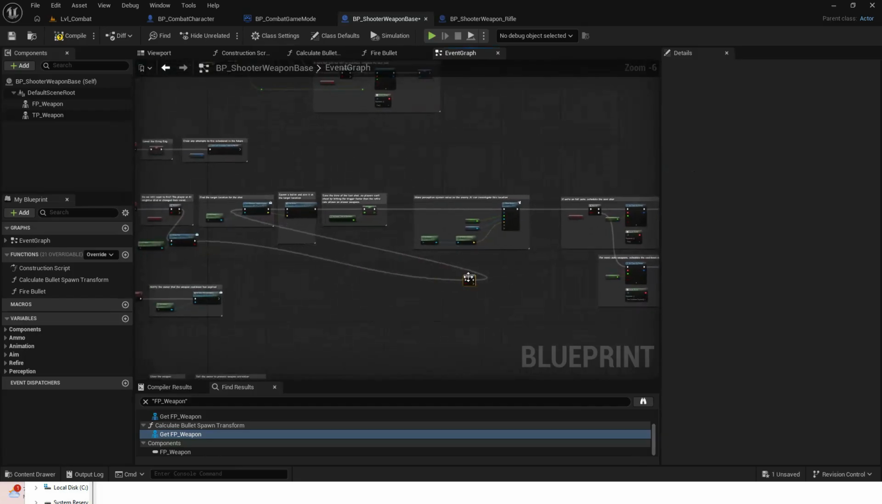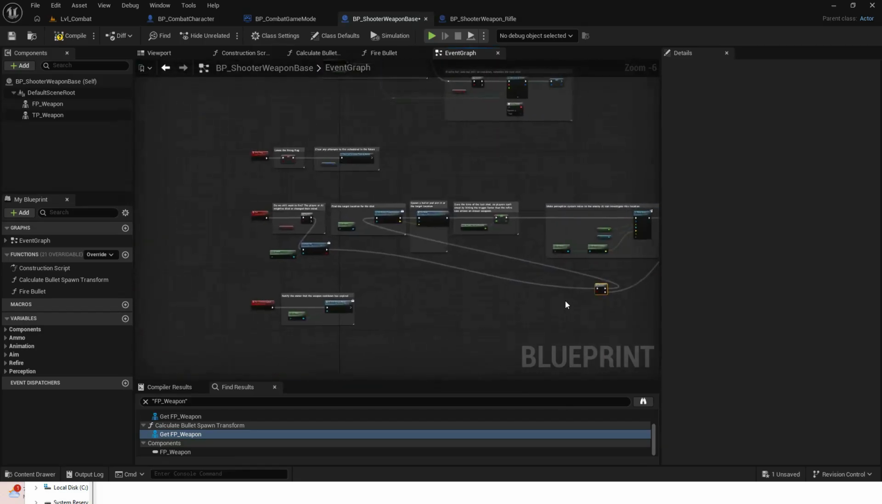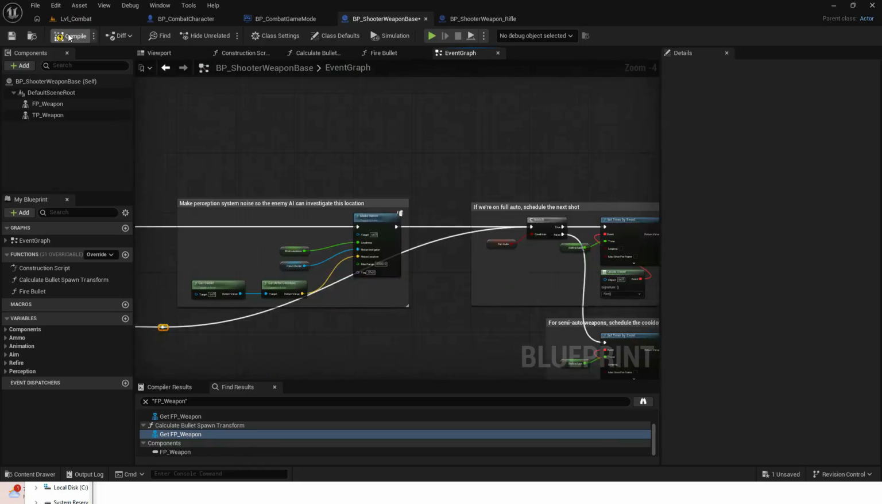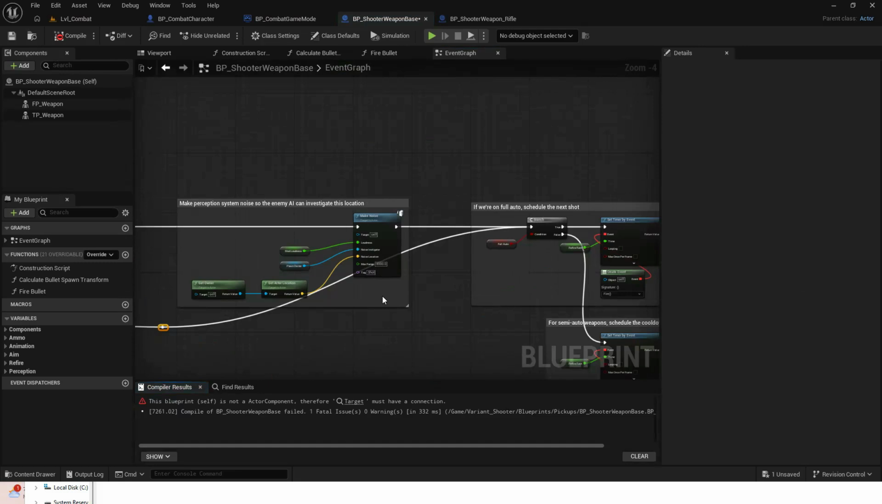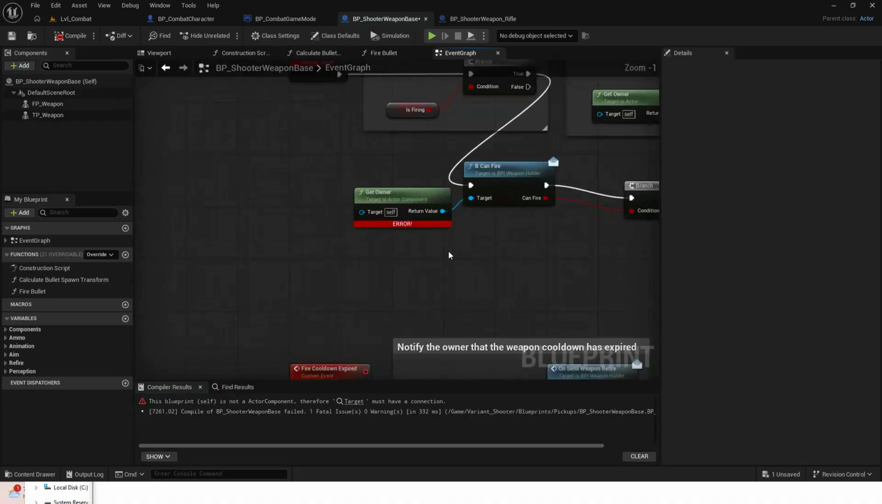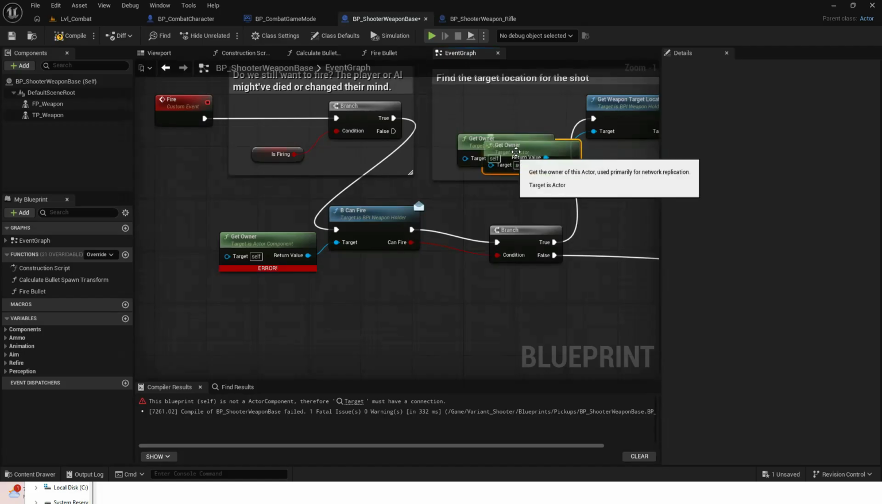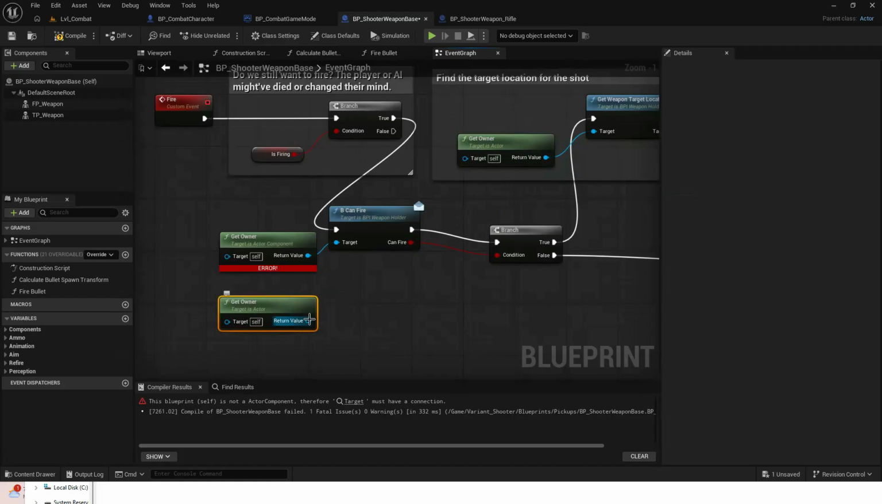Because this is kind of difficult to see, I'll connect the false to here. And then I'll send this back. And then I'll just make some reroute nodes to rearrange this. So where is the problem? Get Pawn Owner. What I'll do is duplicate this node. So press Control D, Get Owner, and I'll connect this instead. I'll delete this. Then I'll compile,